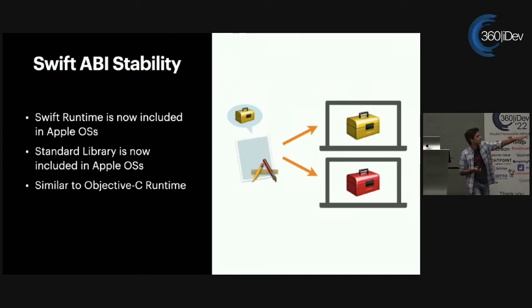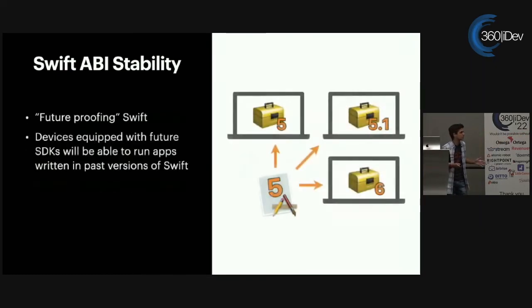The app, as you can see on the left of that diagram, is going to request access to the standard library, and then the device is going to fulfill that, whether it's using an older one, such as the one that the app is asking for, or a newer one, like that new red toolkit that's represented there. A little bit more detail into that.